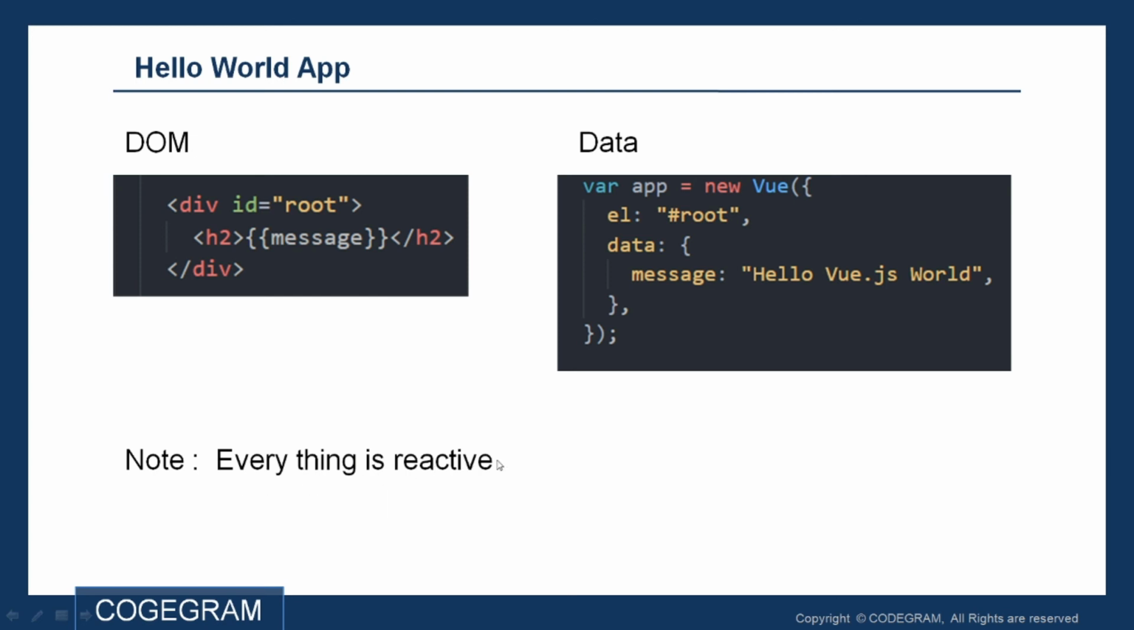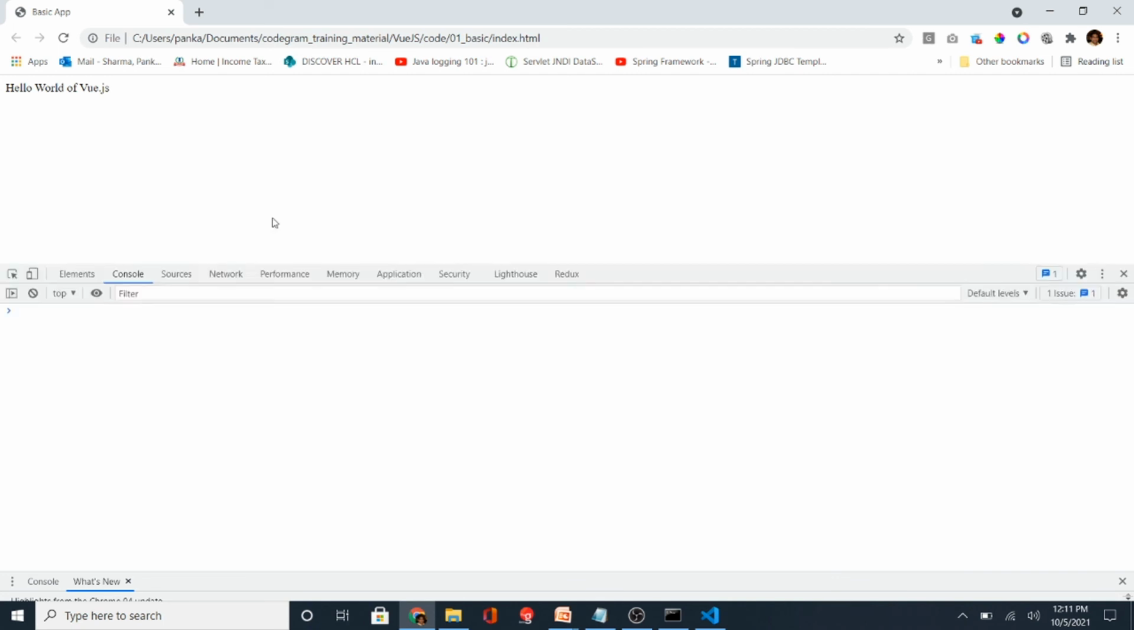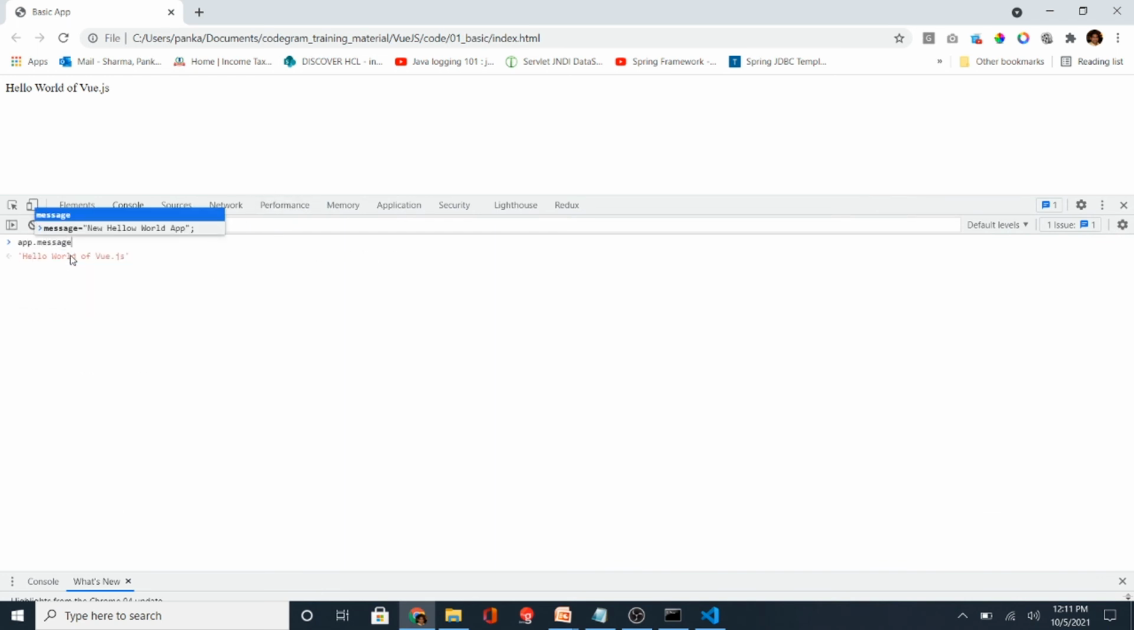Now everything is reactive. What do we mean by that? Let us understand this. Now I have a JavaScript which is available, so I can go to the console and do this. I have app as an object. In the app I have message as a property, and I want to change this message property. See, if I make a change in my data, this particular view will be reflected because it is bound with the data itself. Okay, so see, new